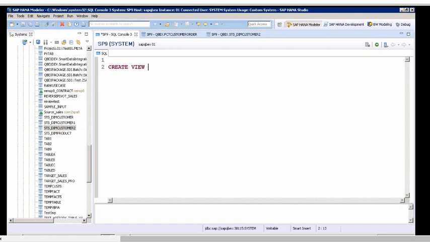You want to create a view, and what is the name of the view? You try to qualify the database object with the schema name. You would say Cubex dot, say, sales SQL view something. I would say this is my view name. Create view so and so, and then in parentheses start specifying the select statement, which should result in my view.